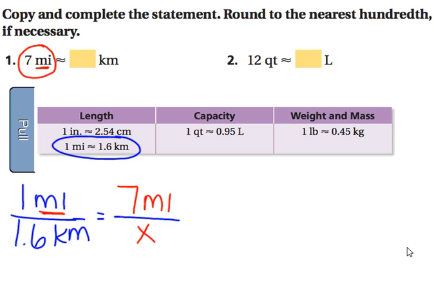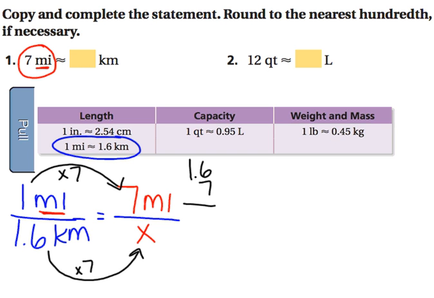I could use cross products. For this one, because 1 can easily multiply into 7, I'm going to use the scale factor method. So I'm going to multiply both the numerator and denominator by 7. So we'll set this up 1.6 multiplied by 7. 6 times 7 is 42. 7 times 1 is 7. 7 plus 4 is 11. And then the decimal is going to move over 1 spot. So my value for x is